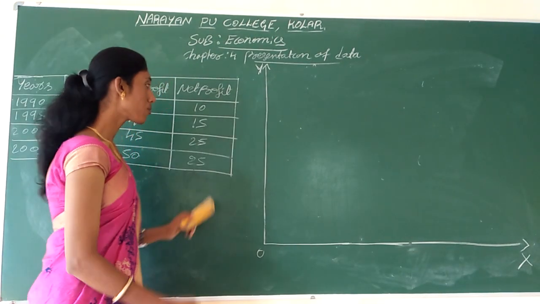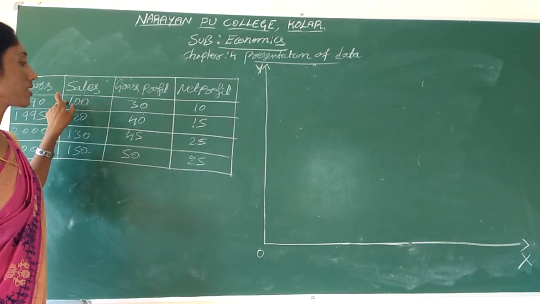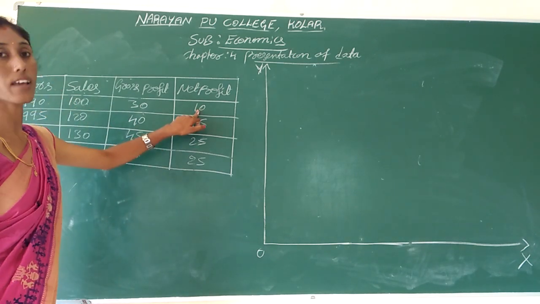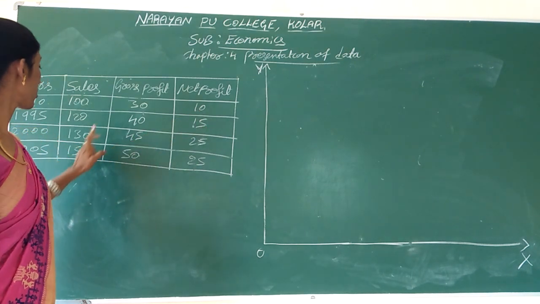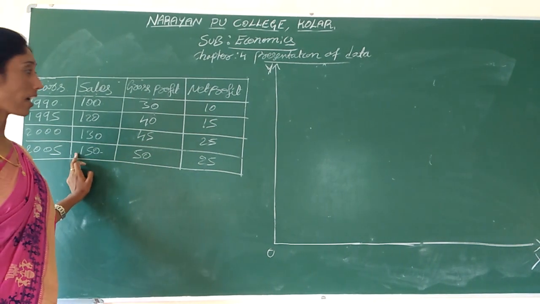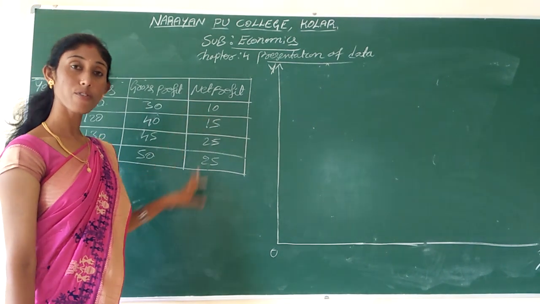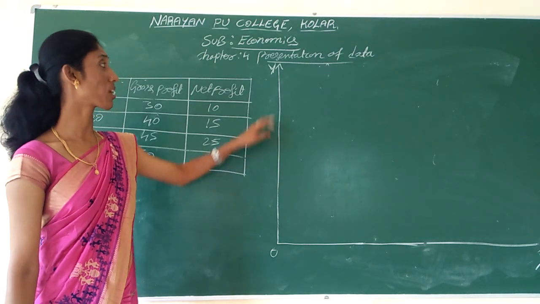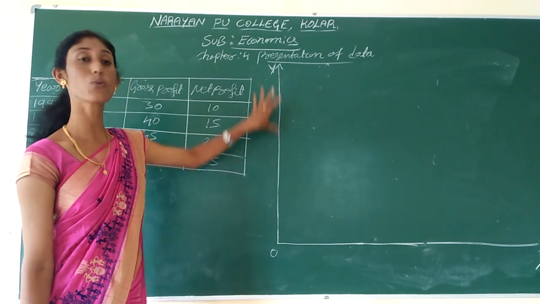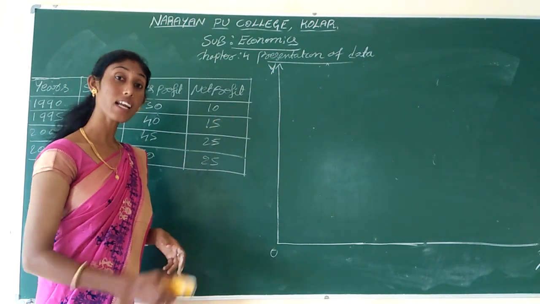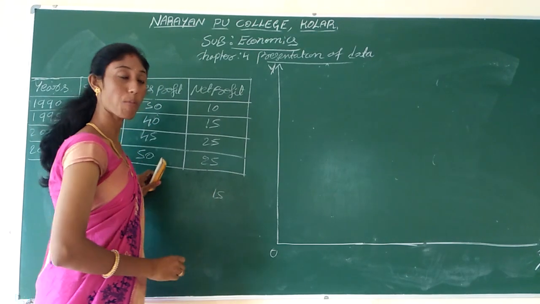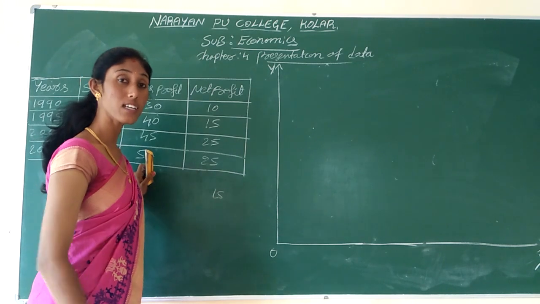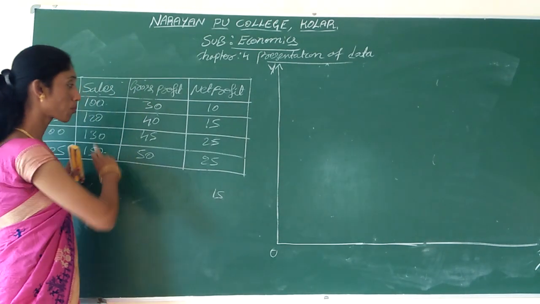Now, observe the data here. The data range is up to 150 and the lowest value is 10. If you want to reach up to 150 and take 10 as the class interval, we need to take 15 points, which would be too large. When we take the class interval as 15, within 10 points we are able to measure the sales, gross profit as well as net profit. That's why we have to present this data.